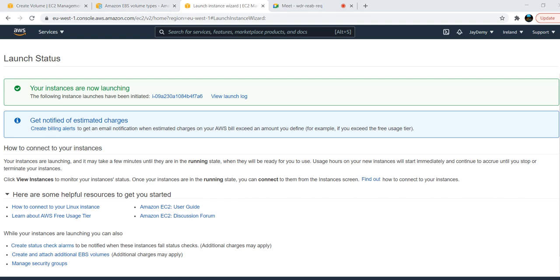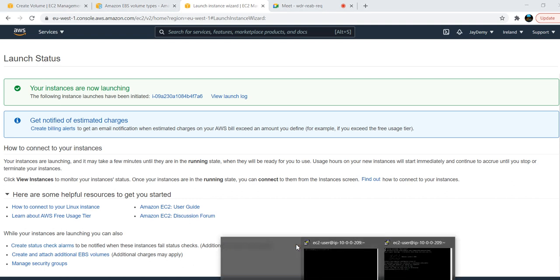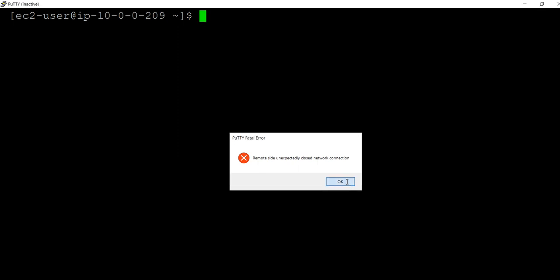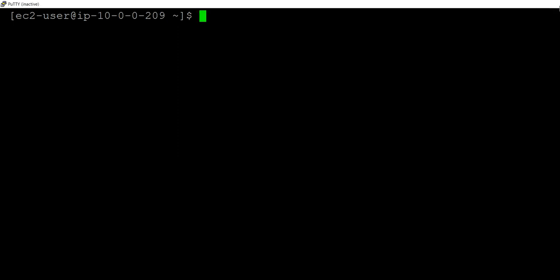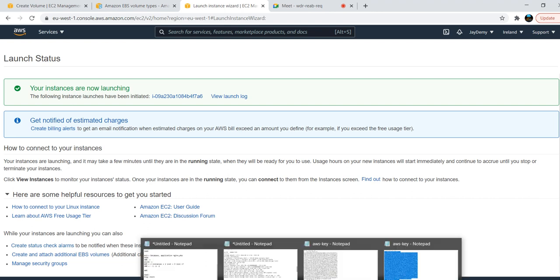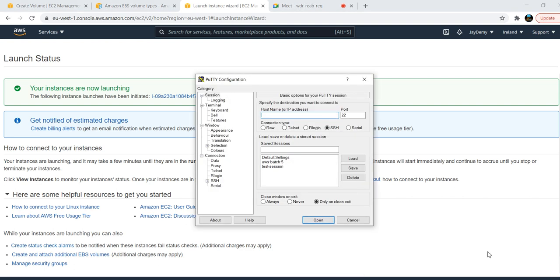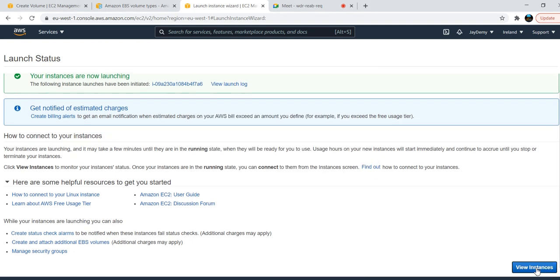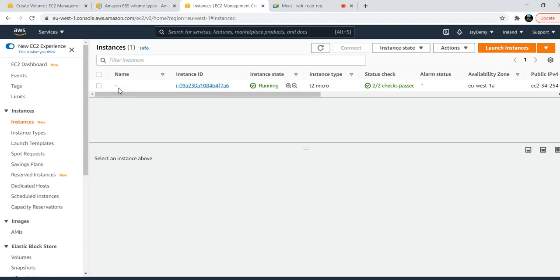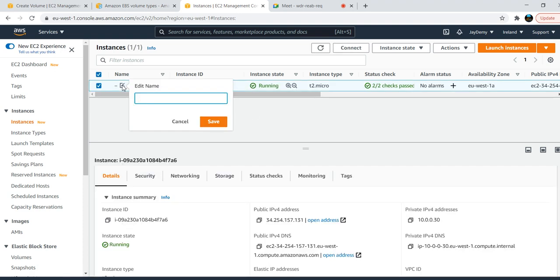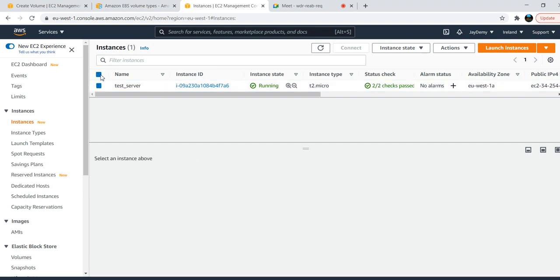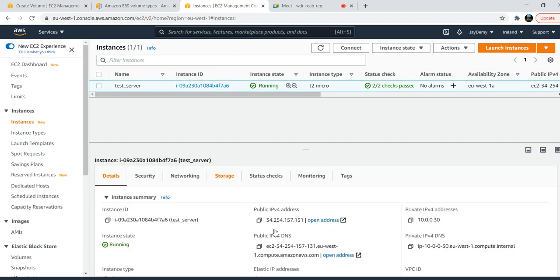I will navigate to this EC2 machine. We will verify how the EBS volume works and what snapshots are, and how they work. Let's log into PuTTY. Again, test server. Just save this and connect with the public IPv4.